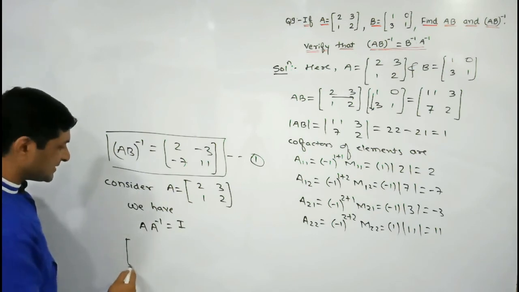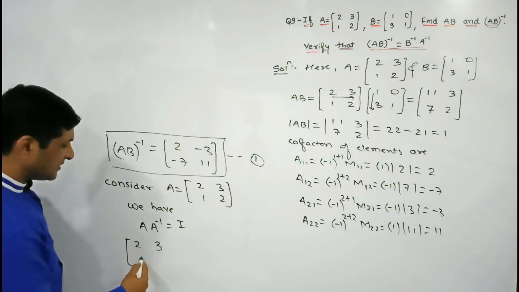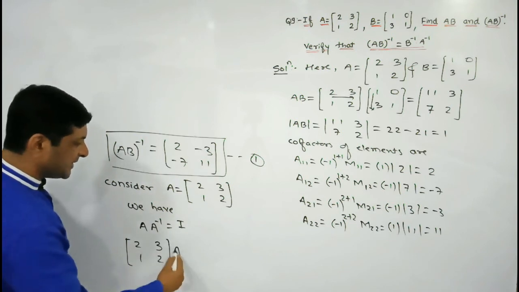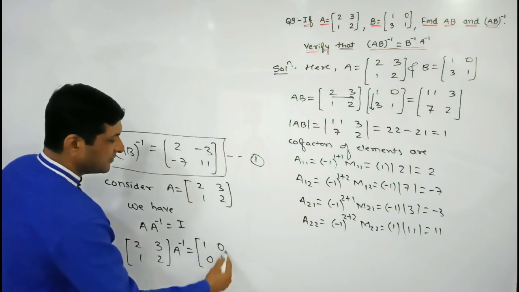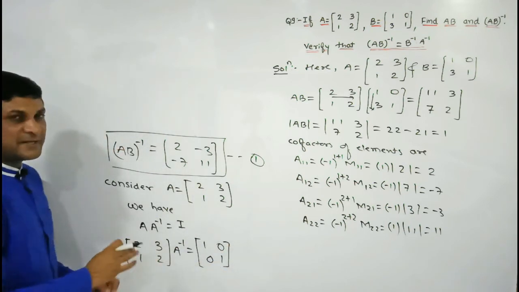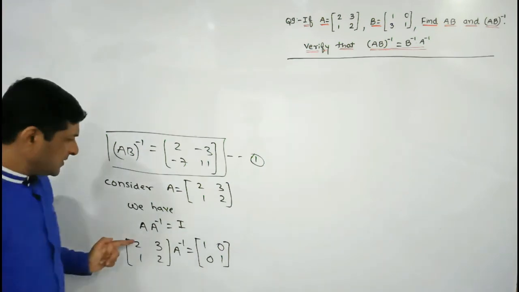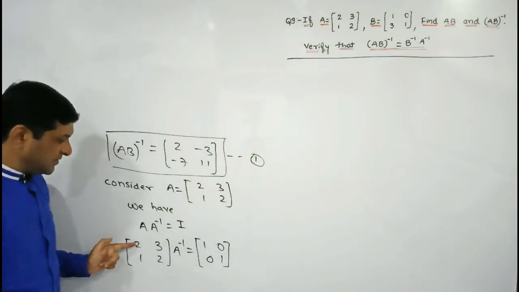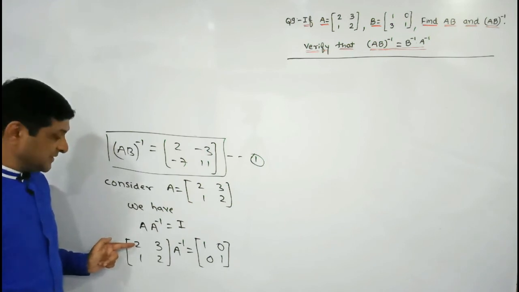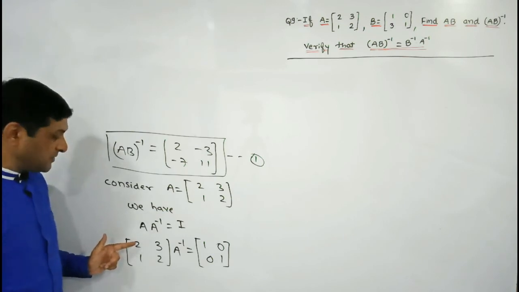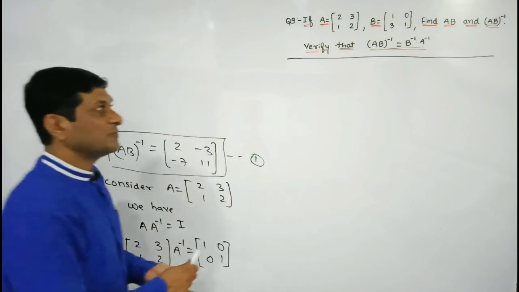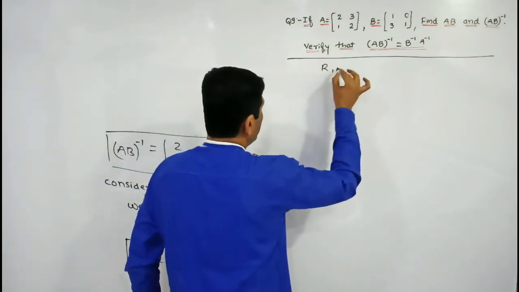So the elements of matrix A are 2, 3, 1, 2. A inverse, skip it as it is. And on this side write down the elements of the identity matrix 1, 0, 0, 1. So let us try to convert this matrix into the identity matrix. Now to convert this matrix into identity, first here we will require what? 1. So this is the element of R1. So our operation should be on R1. What is the element of R1? 2. To convert it into 1, we have to take the subtraction of what? R1 and R2. So 2 minus 1 will become what? 1. So which operation are we performing here? R1 minus R2.